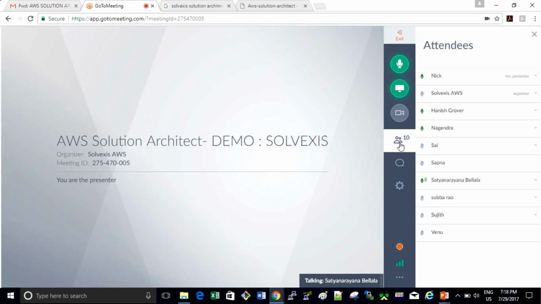This AWS Solution Architect certification will give me, in future, a good placement and a good company. I am willing to work at the technology level. As a project manager, I am in functional work now, but in future, if I get the opportunity, I can definitely convert into a technology person. So I just wanted to learn AWS Solution Architect. That will give me a good life, good settlement and a good company. So I was looking for the opportunity.